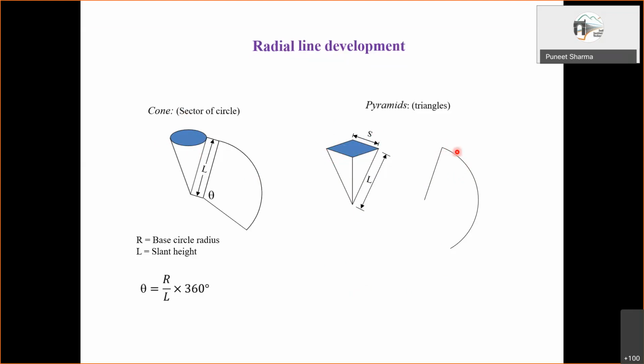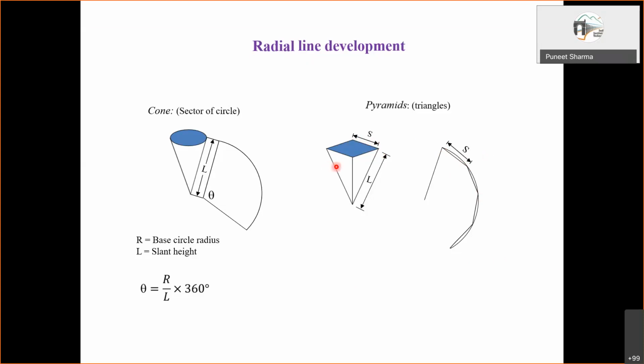So how much overall arc length do we need? For that, from this end point you keep marking a distance equal to the length of this side of the base on this arc. Then after getting the next point, and like that. So one edge length marked, second marked, third marked, fourth marked. So we'll have 4 edges, of course, and with this the development will be complete.